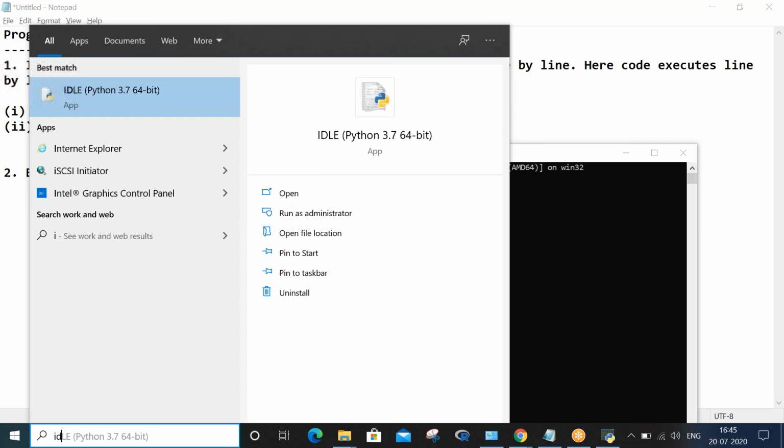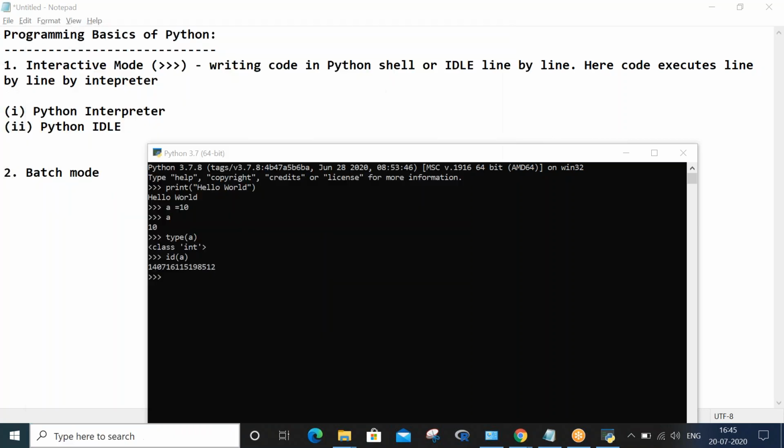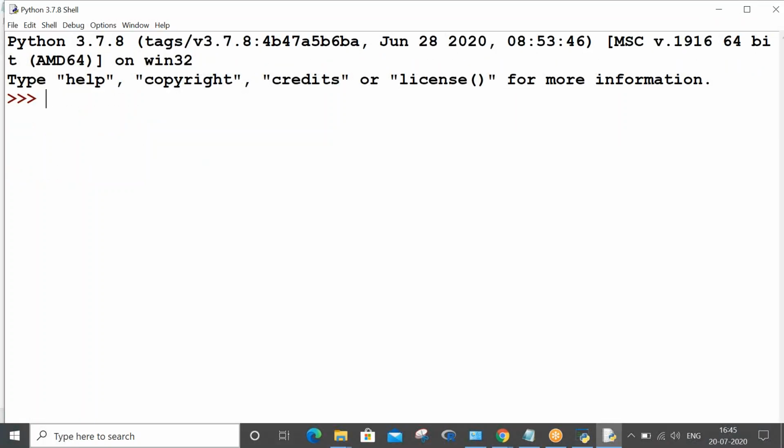Let me show IDLE. Let me type idle in the search. Straight away my IDLE Python shell opens. I have already conveyed in our previous session that when you open IDLE, you are opening a Python shell. Let's write some statements here. Print welcome to Python.